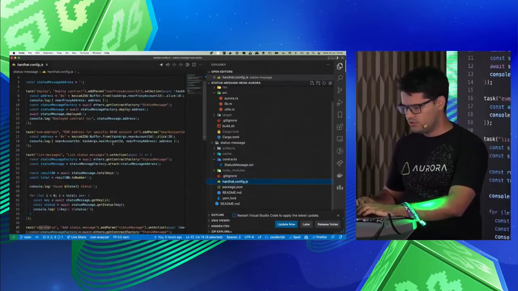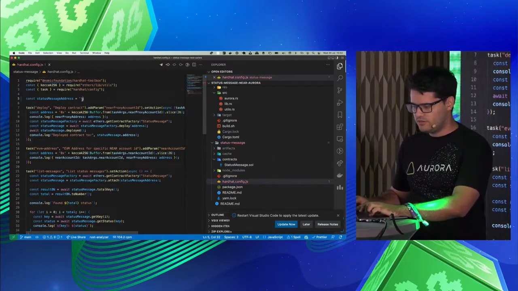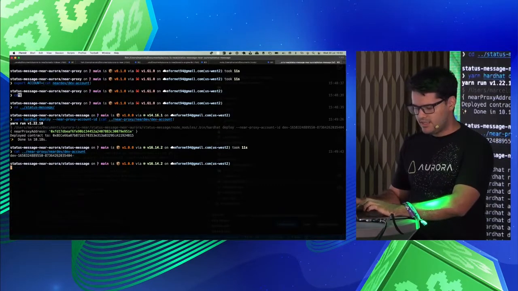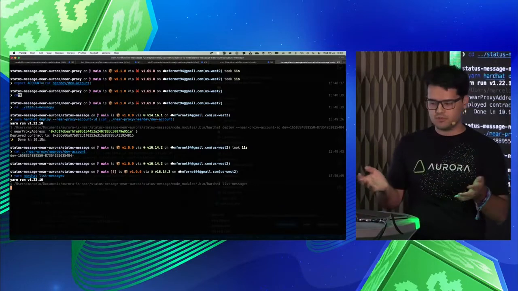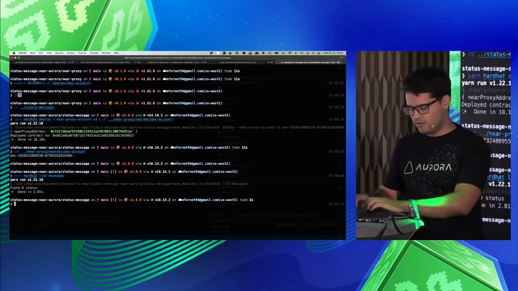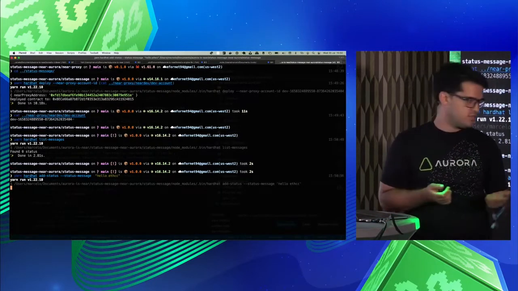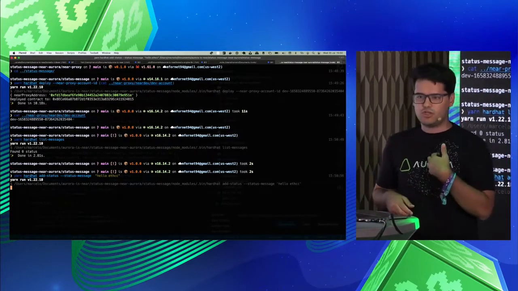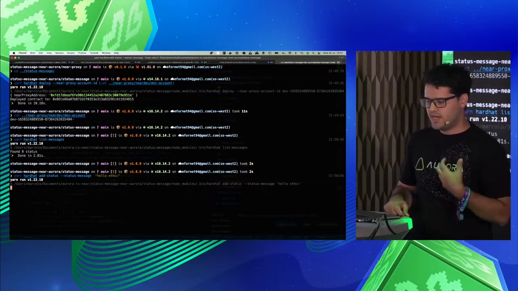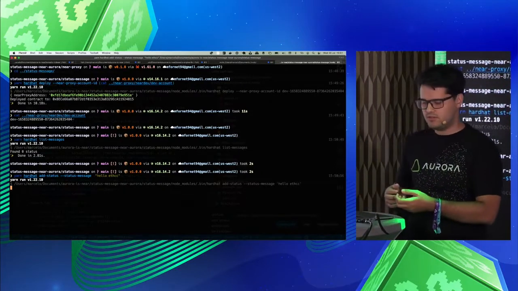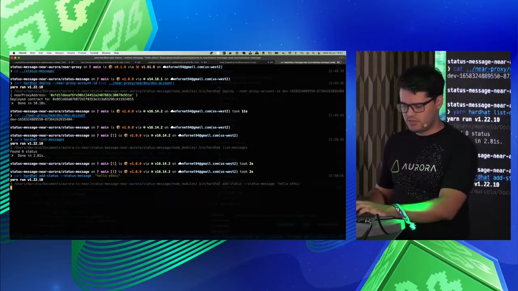So let me just hard code here, not here, here, the address of the contract. So I can easily list all the messages, all status messages. There is, of course, nothing there, but I can put some status here. I'm talking on behalf of the same deployer, I'm using a testnet account to deploy and interact with